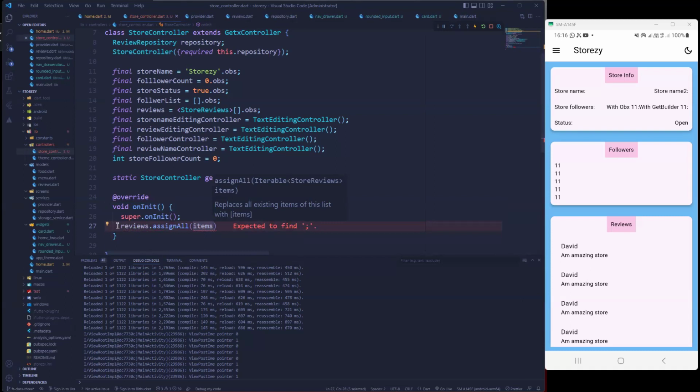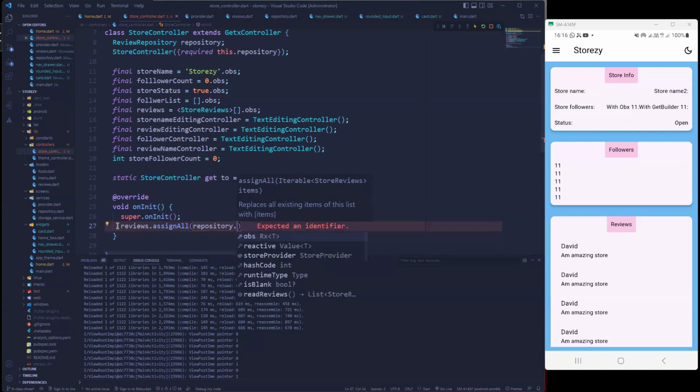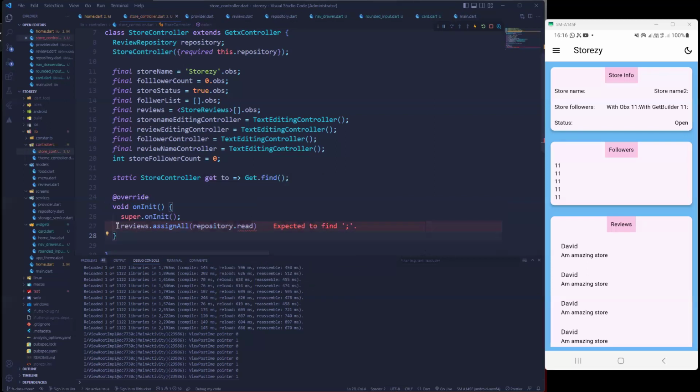We just want to read the reviews and put them in that list. So we'll use the repository.readReviews. This is just going to get the reviews we have whenever